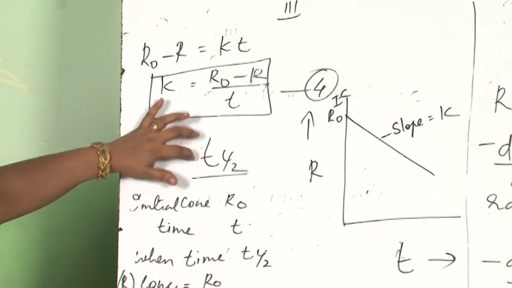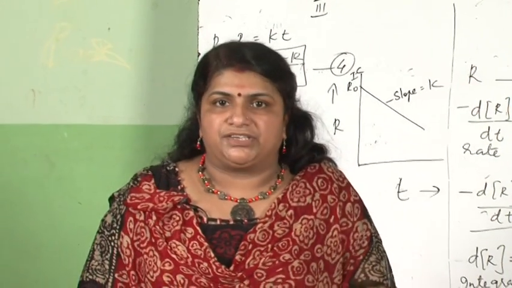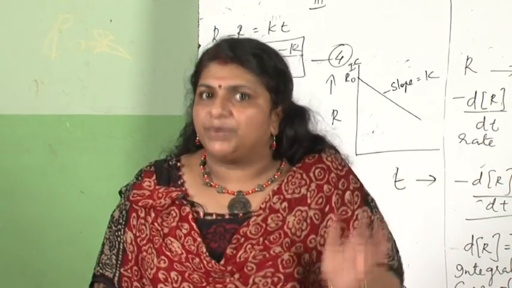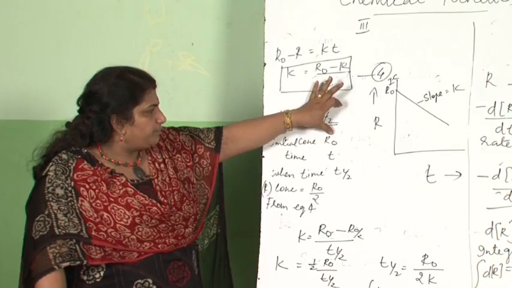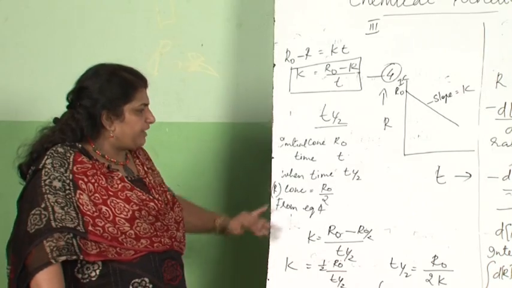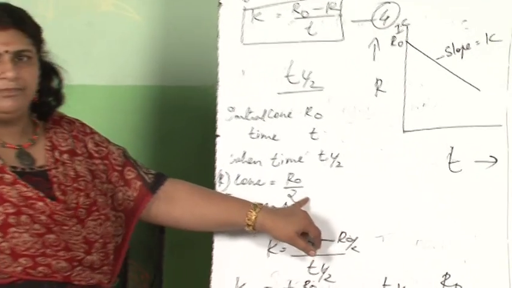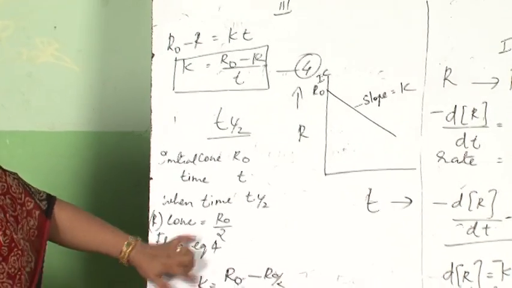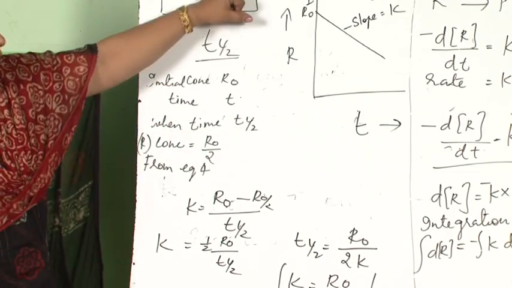Now, we will come to T half. T half is the time taken for half the amount of reaction to complete. Means 50 gram you are taking, how much time is taken for the reactant to become 25 gram. That is what is called a half-life. So, suppose initial concentration is R0, the time is T, initial time I have taken as T. At half time, when time is T half, R is R0 by 2, because of course R0 becomes half. I am putting this value in equation number 4, K is equal to, if the initial concentration is R0, at T half, R is R0 by 2. R I have to write as